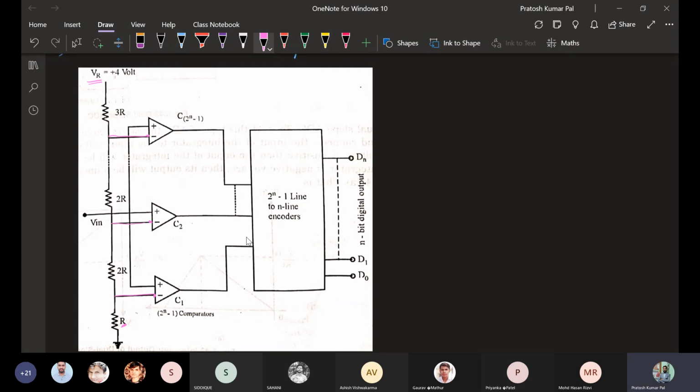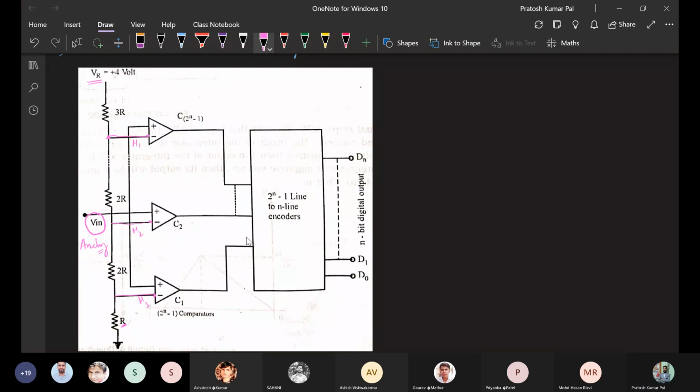Always, the upper comparator will have a high value. This is H1, this is H2, and H3. H3 will be the lowest and H1 will be the highest, because it is at the top of the voltage divider circuit. So this is the highest value, and these values will be compared with the input value. This will be an analog input.